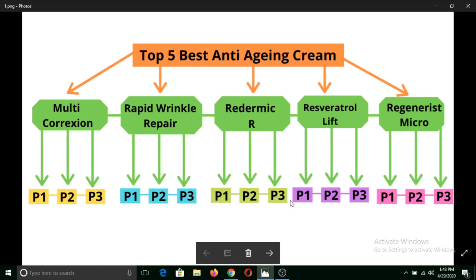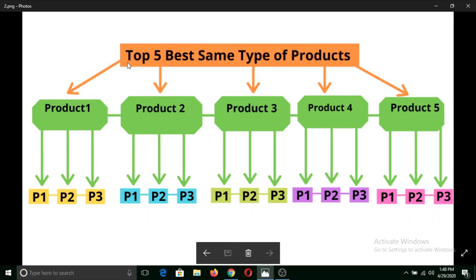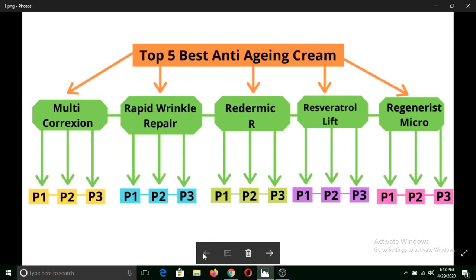Once you finish this kind of loop, then you can give one link to this, and then you can start to make another page. That page should also be of similar products, but don't use the same products that are already promoted here.